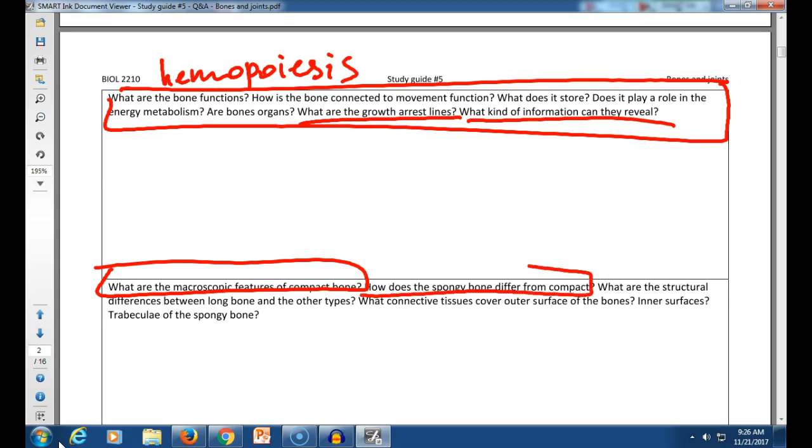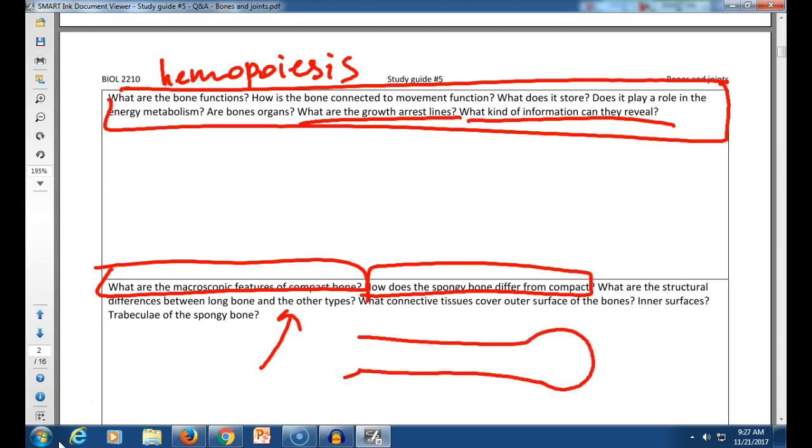Difference between spongy and compact. Spongy bone consists of lattices, right? Macroscopically, compact bone is much more dense. Compact bone is always on the outside. Spongy is inside. The difference between the long bone and other types: a long bone will be something like this. So you have a cavity inside, you have spongy bone, and compact bone